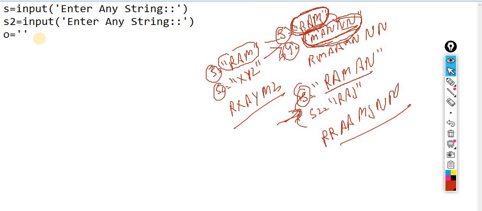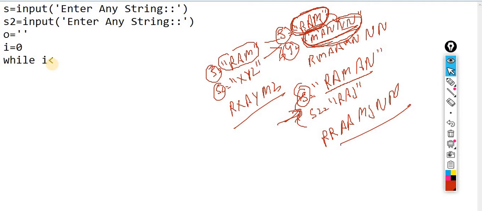So I'm taking a final output variable. Now I have to iterate with a while loop. I is equal to 0, so I am putting my cursor on the 0th position.